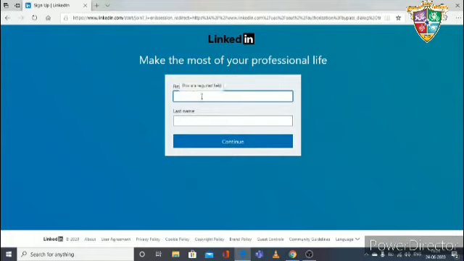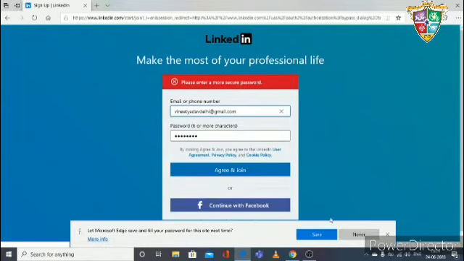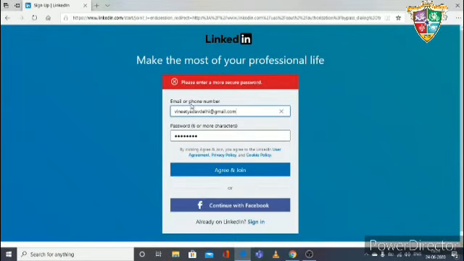Now type your first name and the last name. Okay, you have to put a more secure password.